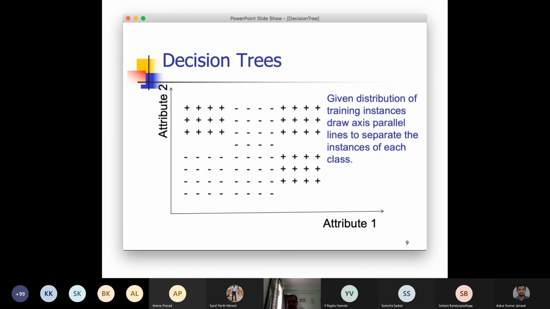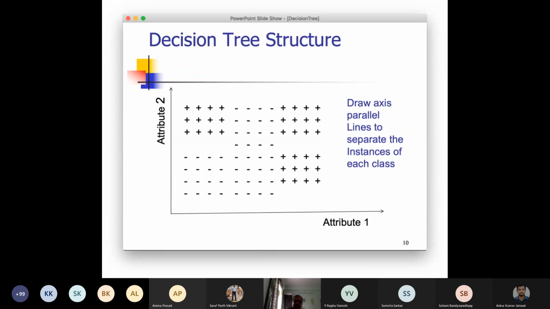Either the value is greater than this, then it should go to the next level of your tree hierarchy, like the next level of checking in one path, and if it is less, it will go to another path. So in this case, you have to draw axis parallel lines to separate the instances of each class. So you see that, suppose I choose this particular